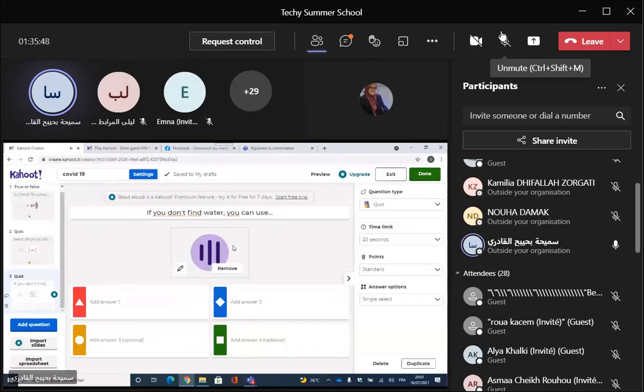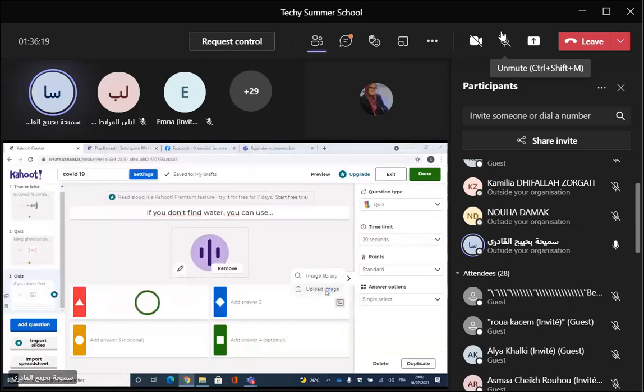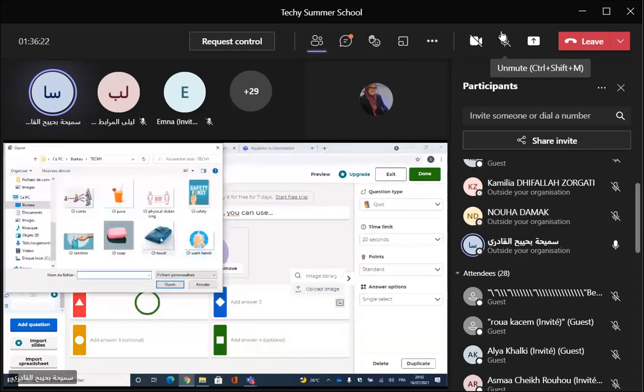Okay, so here the participants are going to tap the right answer. The answers can be written in letters, or in numbers, or even in photos or images, like you see here. You just tap on it. You upload from your mobile, from your PC, or from the library. For example, this is the sanitizer. Picture 2. I'm going to upload something else. I've just downloaded them all.